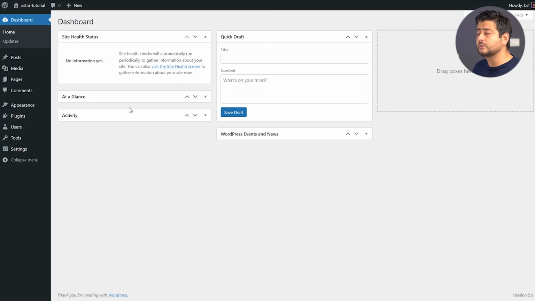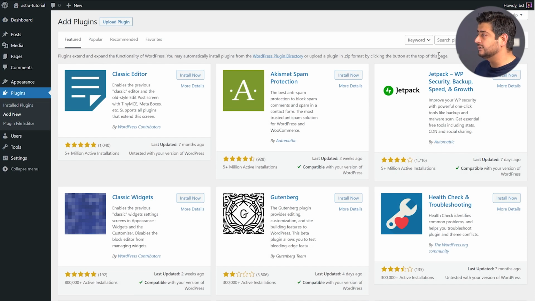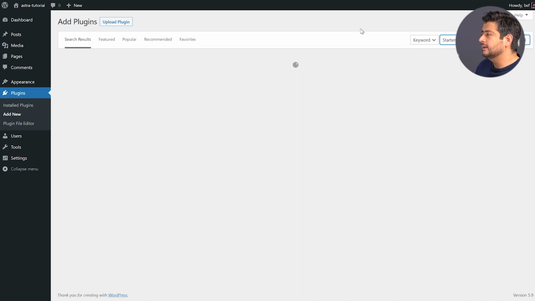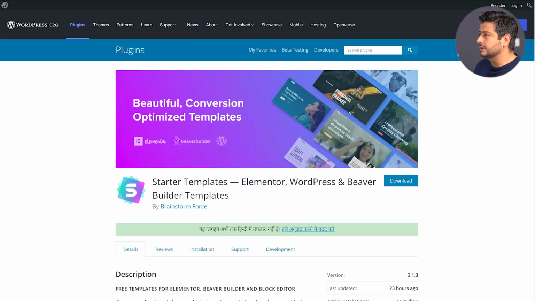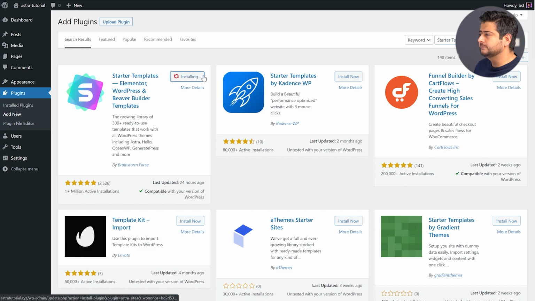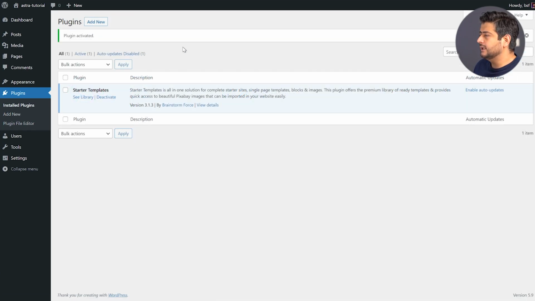So inside the admin area of my website, I'll go into plugins, add new, and I'll quickly search for starter templates by clicking right here, paste the term starter templates. And the first result should be starter templates. The logo should be familiar as you can see it right now, right here. I'll quickly install this and also activate it. So once the plugin is installed and activated, this is the interface you'll see,